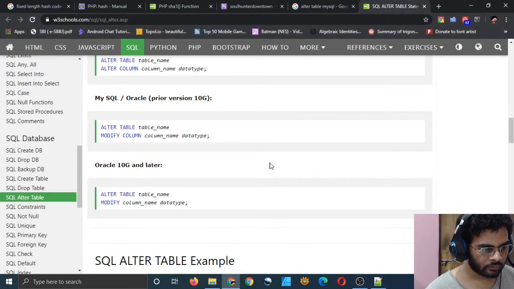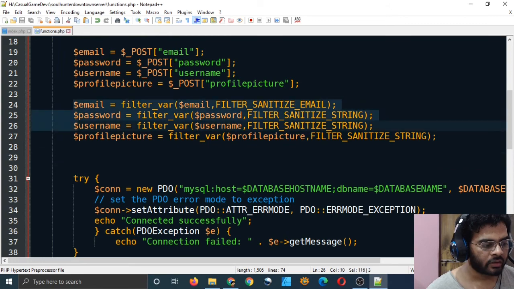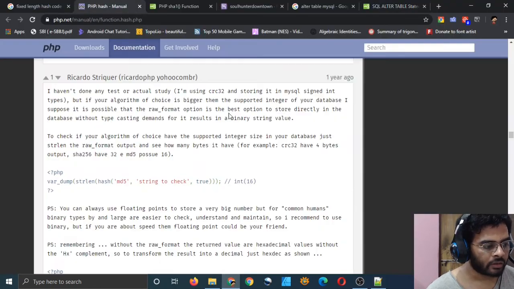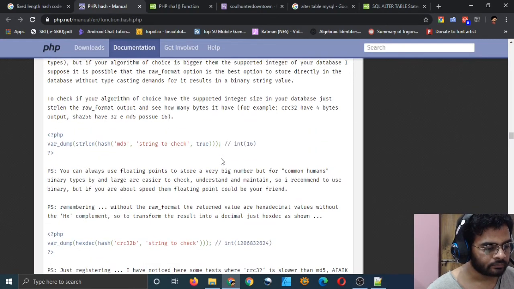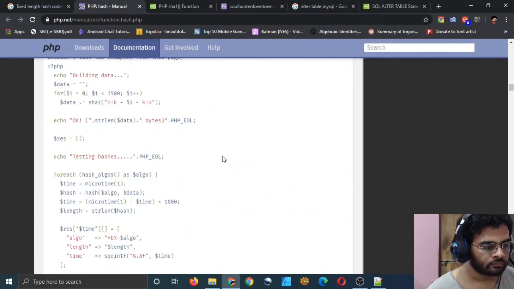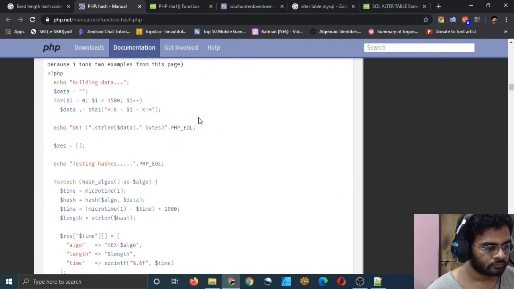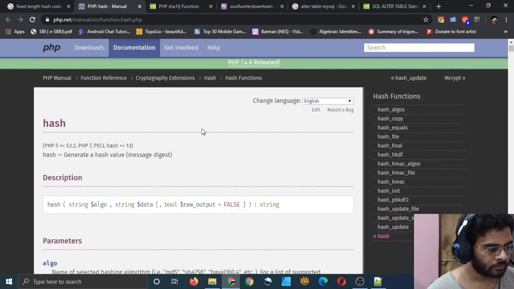So let me close it now. Close MySQL. Let me open this. And now I need to calculate hashed values of these. Let me look at the manual again and see how people have done it. Let me just look at an example.